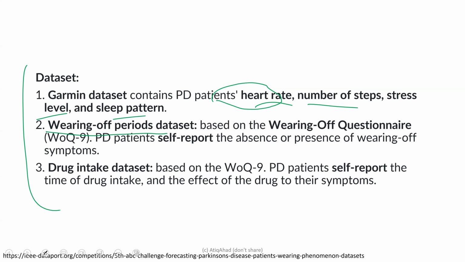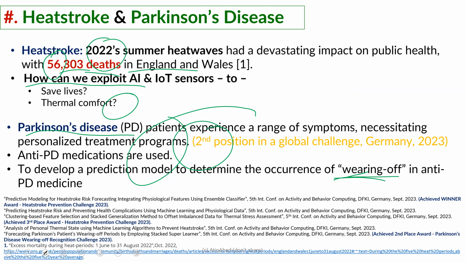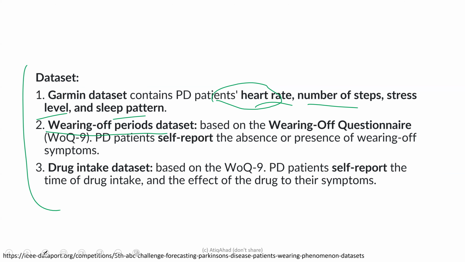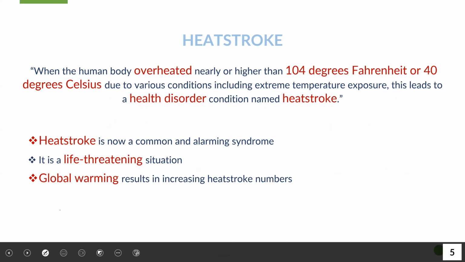It will take time. A data set is extremely important. We participated in a global competition in Germany this year, arranged based on a Japanese universities data set. We became second. Basically, the winner could get 0.1 million Japanese yen. We didn't get this one, but we also took part in the heat stroke challenge.